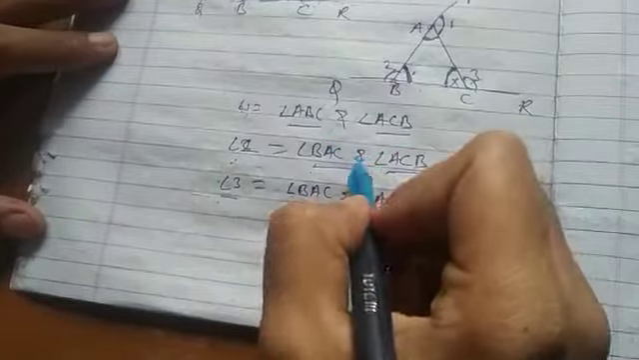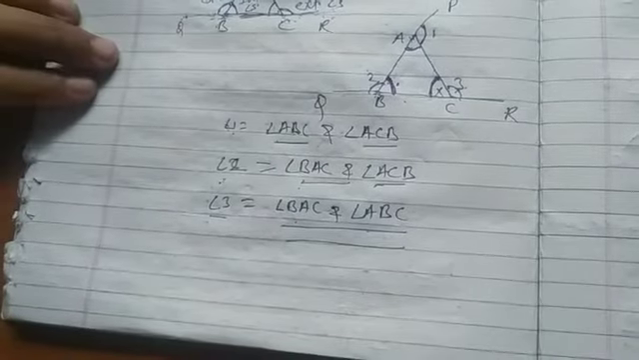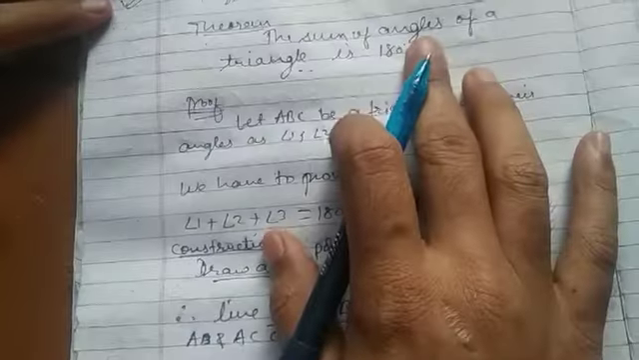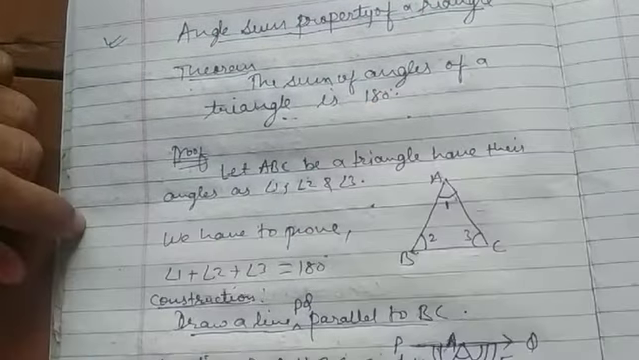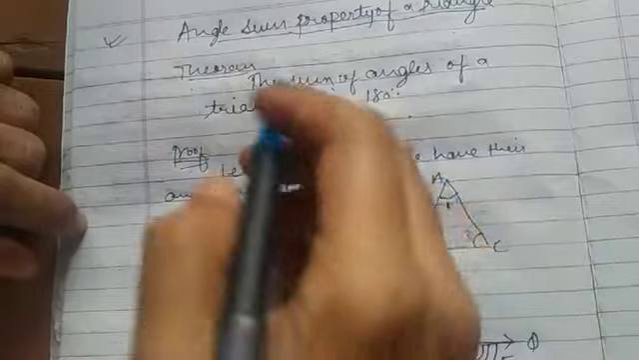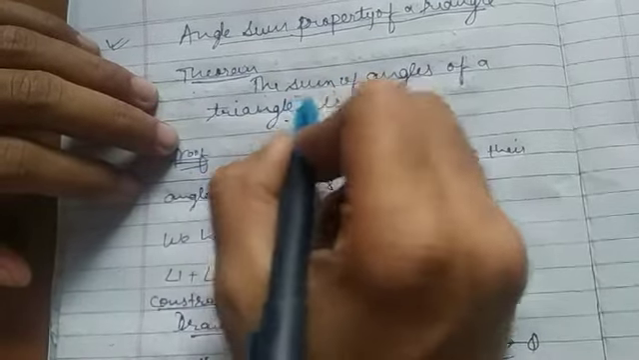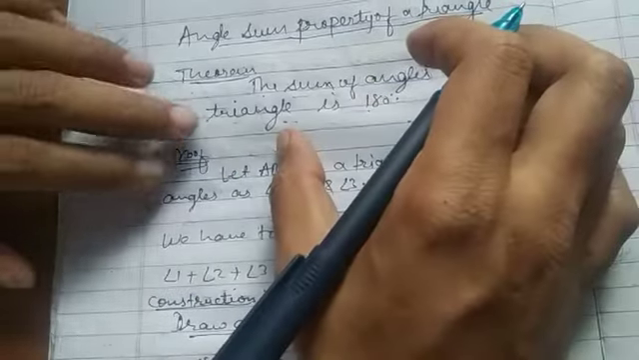Okay, it is clear. Now let's come to a theorem related to this triangle, that is the angle sum property of a triangle. What this theorem states is that the sum of angles of a triangle is 180 degrees. Means